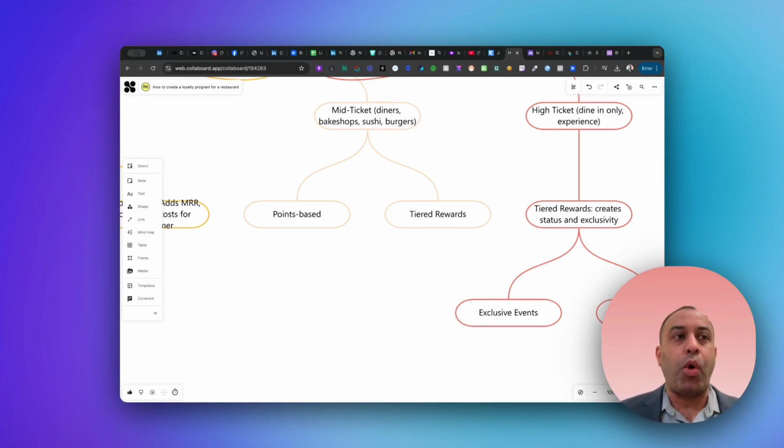But it should be more that over time, people want to try different things on the menu as they're sitting there. Maybe they bring family and friends, right? And later on, if they want to unlock or redeem a reward, it should be something else on the menu. So that's why a points-based program, where if they reach a certain level it unlocks an entree or something like that. Or in the alternative, tiered rewards, and this is what